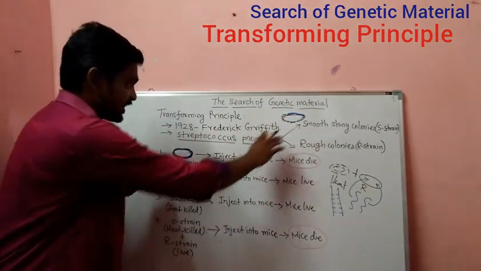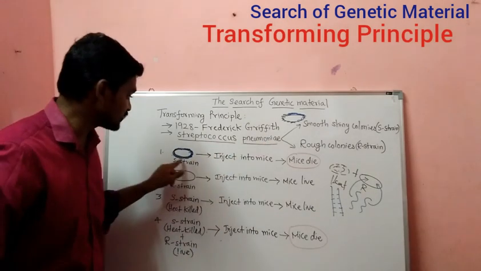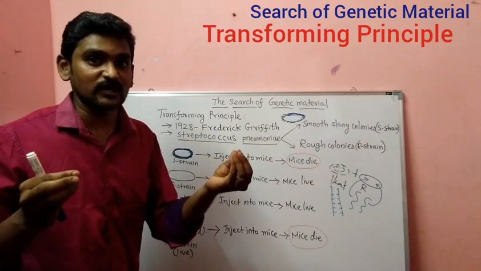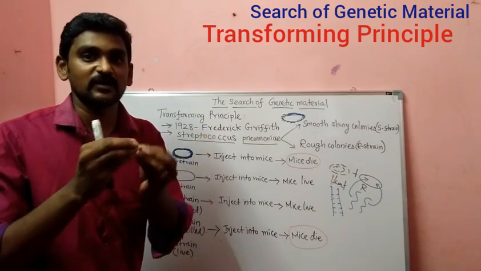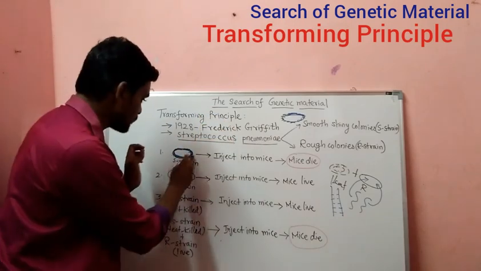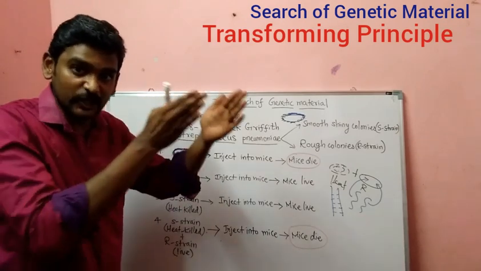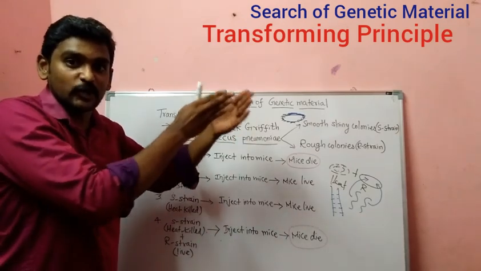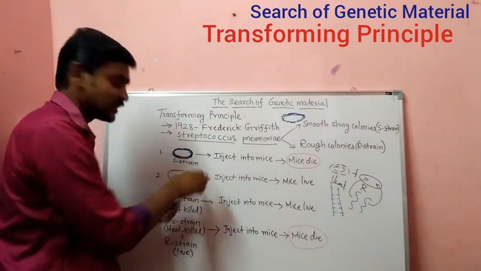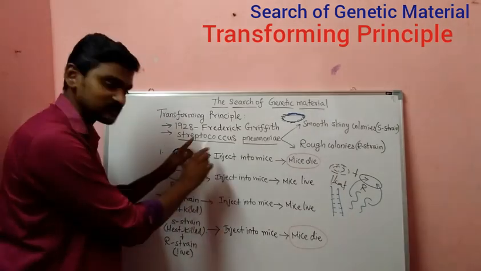Whereas this S strain is responsible for causing disease. Why is it causing disease? Because of the mucus layer which is formed. Mucus may be a protein, that is a toxin which causes disease here. This is the protein produced from the genetic material. DNA has to be converted into RNA, and RNA has to be converted into protein. So the genetic material responsible for this mucus is present inside this S strain, and this causes the disease.